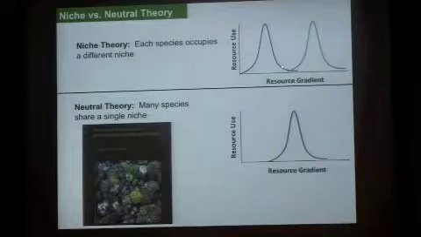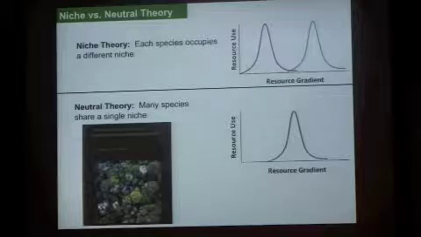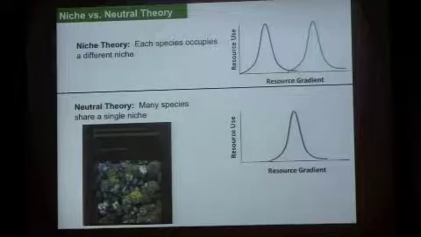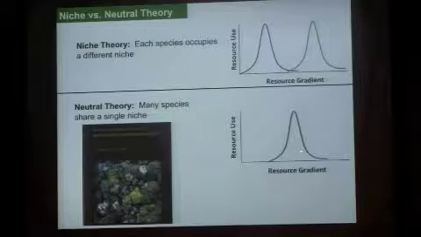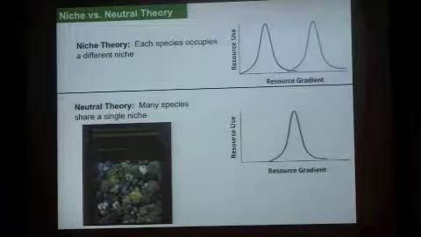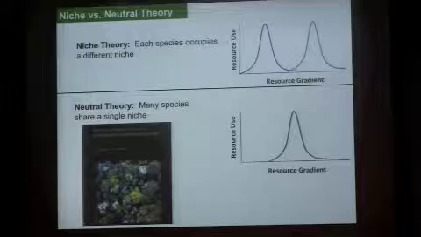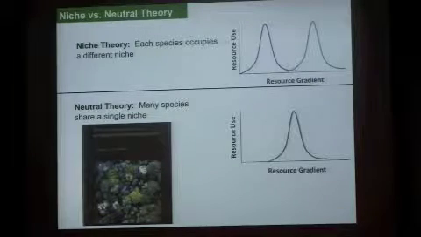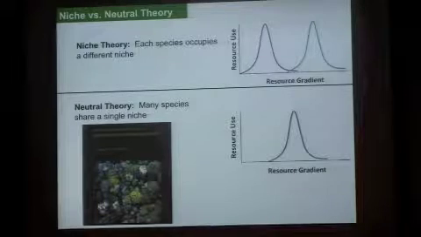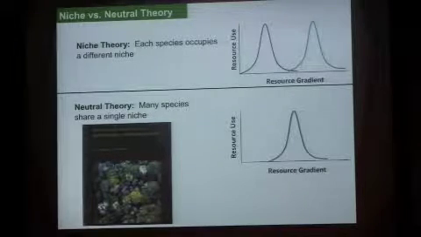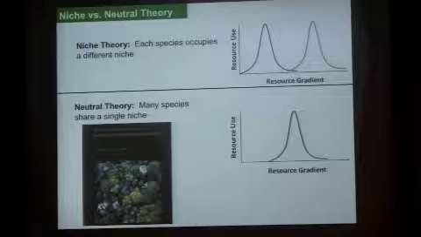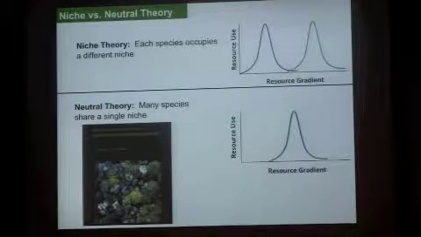So niche theory always predicts that these species should diverge away from each other to partition the niche even further. And neutral theory suggests that they might not have to partition this niche at all. And I'm not going to go into the whole debate between niche and neutral theory, but we wanted to ask whether this condition could even exist and whether you might go from this condition to this condition. So are there situations in which species might converge in their resource use? So increase their niche overlap rather than decrease their niche overlap.